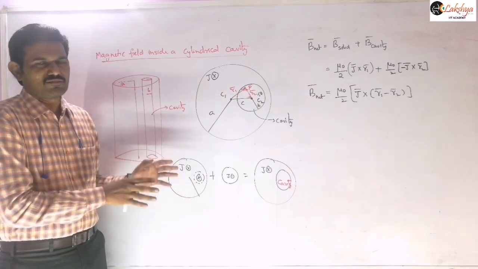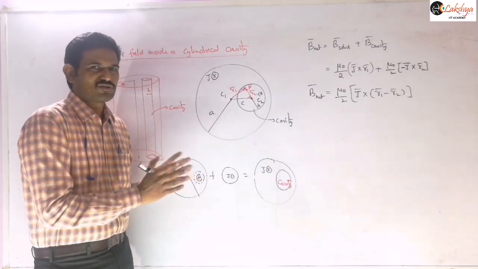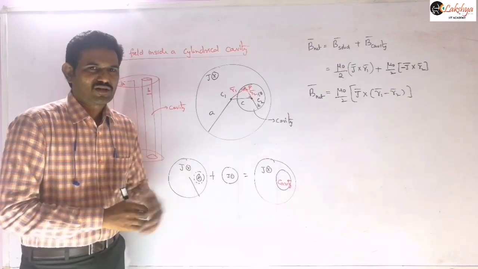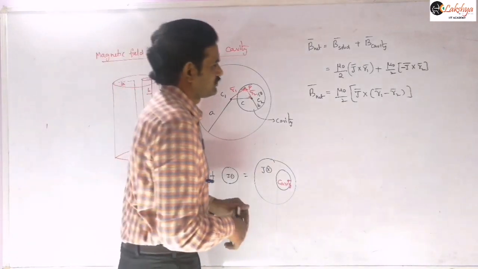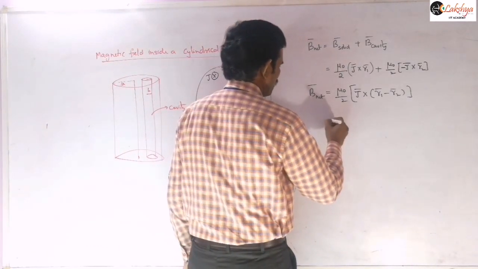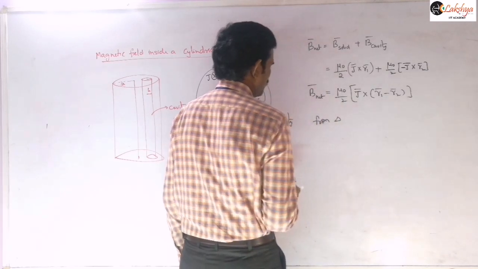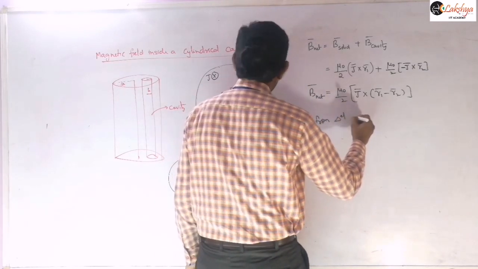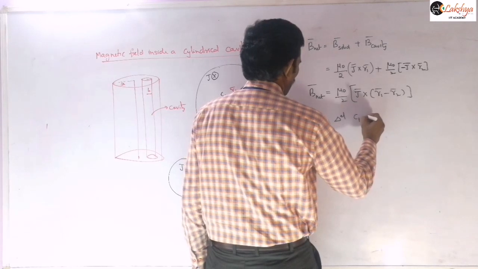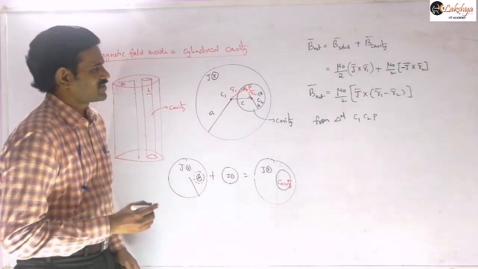Now we are deriving this simply for cylindrical cavities, but the approach will be the same. There also we assumed in a similar way, so that approach is the same here. And so then this value, now we can write this, just I am taking this from triangle C1 C2 P. Let us take this triangle here, C1 C2 P.